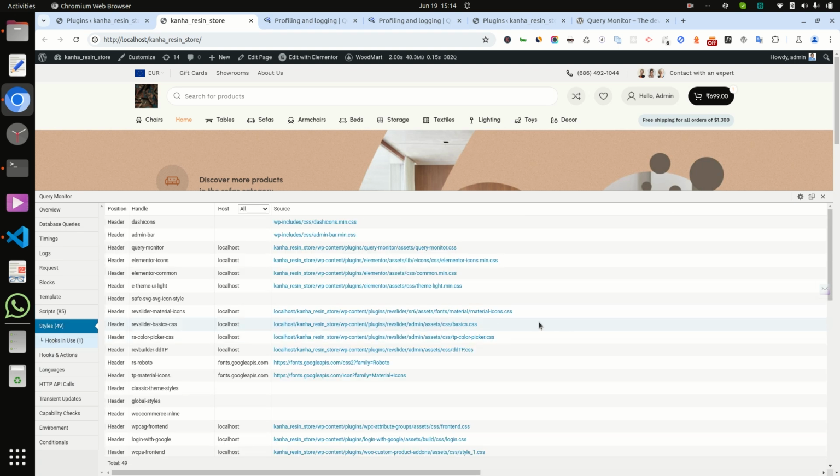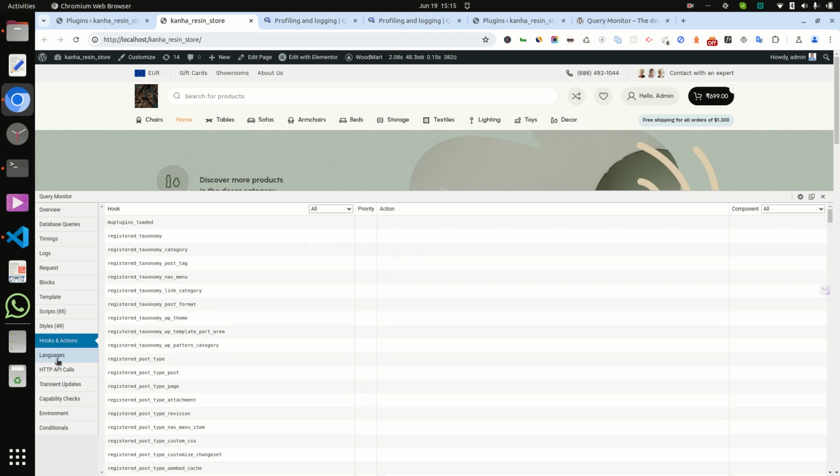And the same is for style CSS: it shows header.css, footer, and the handle is this. And the source file is here.